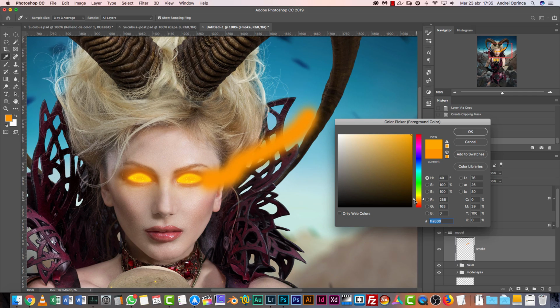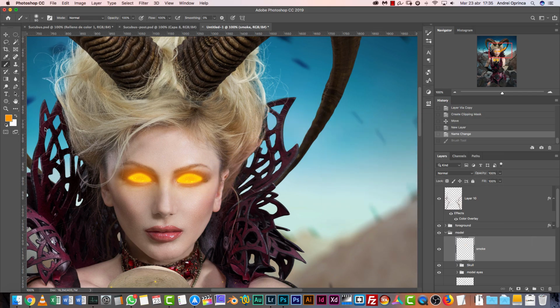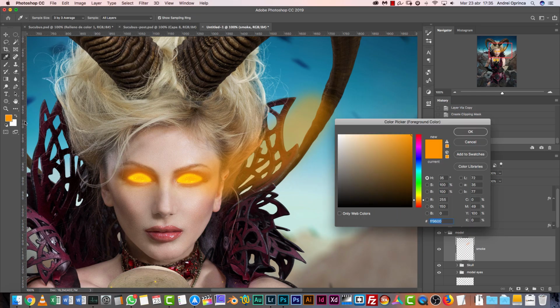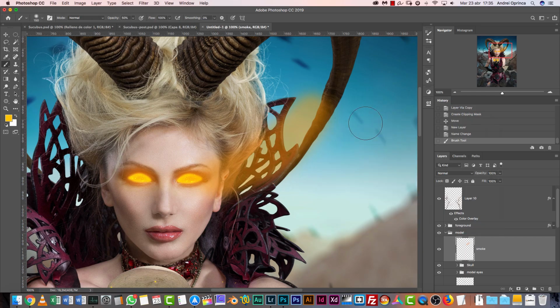Actually, let's paint with something with lower opacity and see how that looks, because in my case I think it looked not that good. Okay, that, and then yellow, probably the one in the middle, use a higher opacity value. And also I'm using a smaller brush and just paint something like that. Okay, next what I did is I